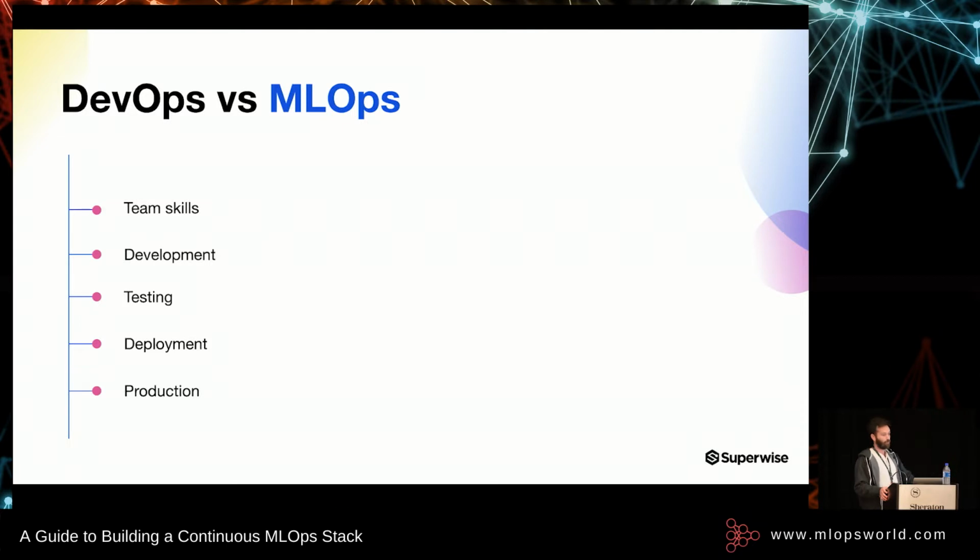Testing has a few more complexities to it because we do need regression tests for the software and integration tests or unit tests, but we do need some data validations in order to make sure that the distribution of the data that we train our model on will be as similar as it can be to the actual real world data. And we need also the model evaluation and validation tests and some other stuff that makes it a bit more complex.